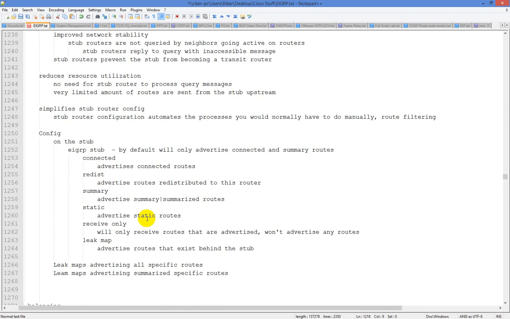Will only receive routes that are advertised, but won't advertise any routes up. And leak map means you can advertise routes that exist behind the stub. So if you have routes behind it that you need to get advertised, you can do that as well. So what we're going to do is take a look at this from our topology here,